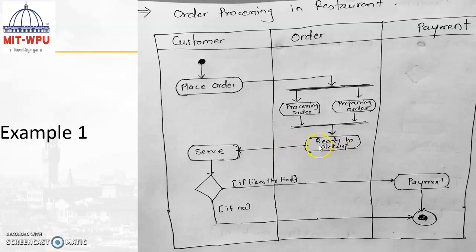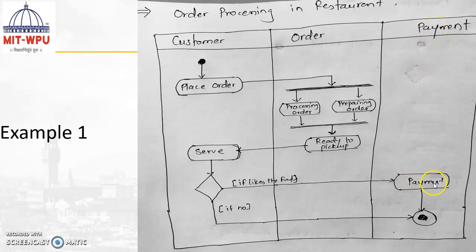That activity is moving towards the customer side again, and now the waiter is trying to serve the food. Here we can use a decision: if the customer likes the food, the customer is going to perform the payment. If the customer doesn't like it, then we need to move towards another activity. So let's start with the first condition. This is a guard condition where the customer likes the food and needs to move towards the payment part. For that purpose, the third swim lane, payment, comes into the picture.